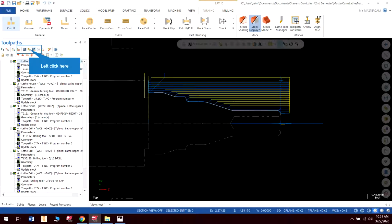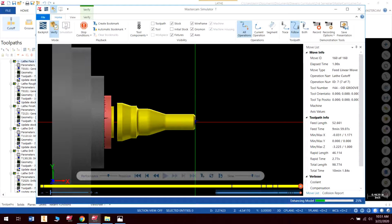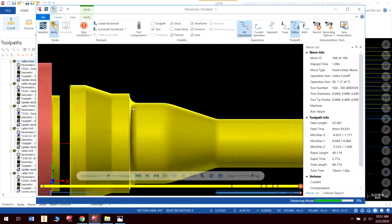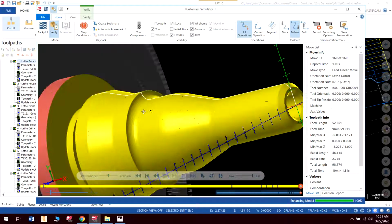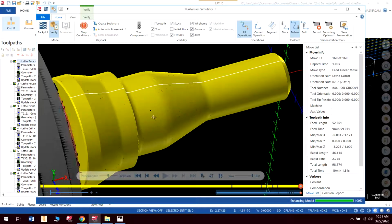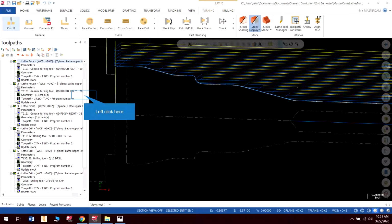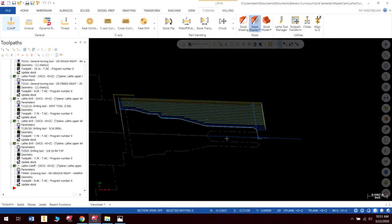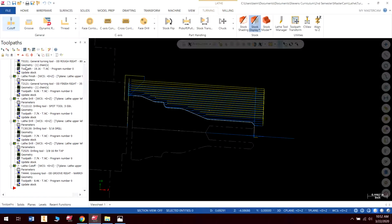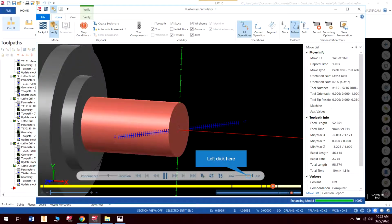Okay, so let's take a look and run our simulation. See, everything looks pretty good there. So I like the way that works. Everything there looks good. I don't see any issues. We got our 3/8 tap. Obviously you saw that it did not show the threads in the tap or in the hole. That's normal. It won't simulate threads. It will only simulate threads if we cut them on the outside. So if I just run through this again quickly,